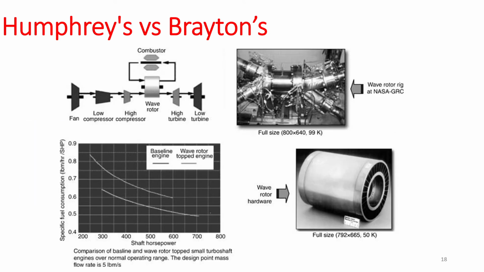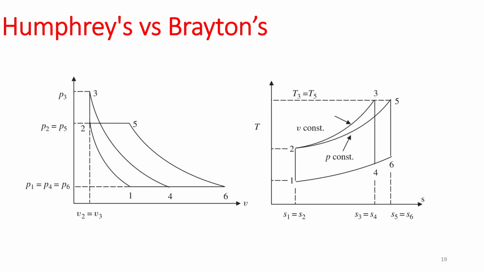Okay, so let's go back to the Humphrey cycle, which is a newer cycle that is used in the newer engines and innovations. It's called the Humphrey cycle versus the Brayton. The difference between the Humphrey cycle and the Brayton cycle goes back to this TS diagram. So what happens here inside your combustor,